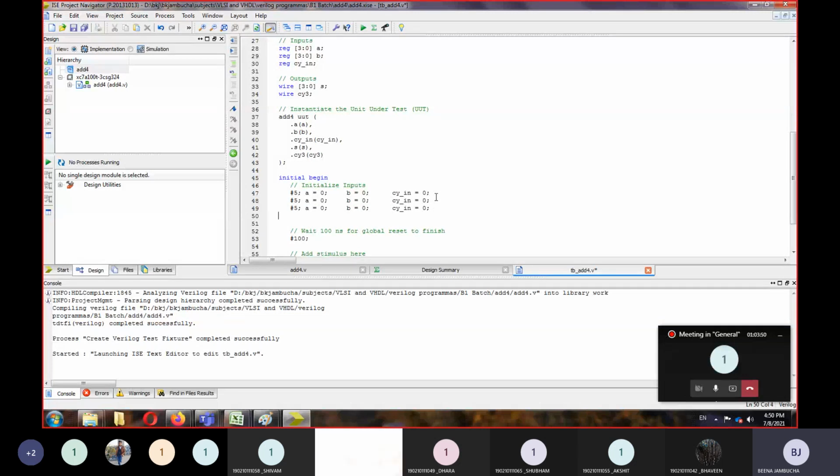How many times will we have to use it? You can use 2 to the power 4, 16 times, right? But we will not do this. What do we have to do now? We'll only take 5 variations. We are not going to use all the variations.